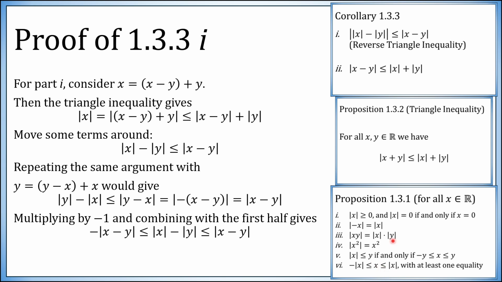Well, if something is in between a number and negative 1 times it, that's if and only if the absolute value of the thing in the middle is less than or equal to the thing on the right. So the absolute value of this is less than or equal to that, which is exactly what the reverse triangle inequality is asking us to prove. So we've established the reverse triangle inequality, item 1. Let's move on